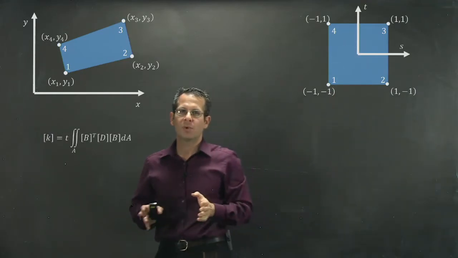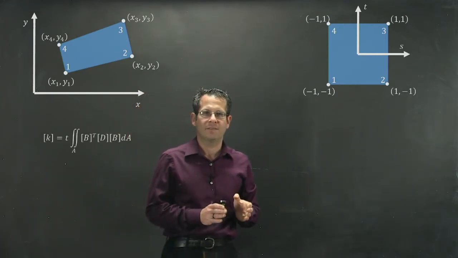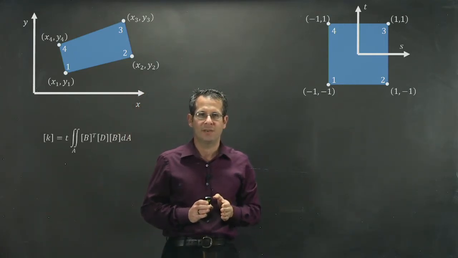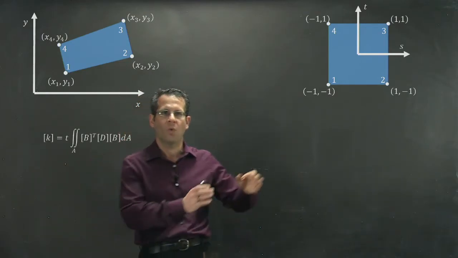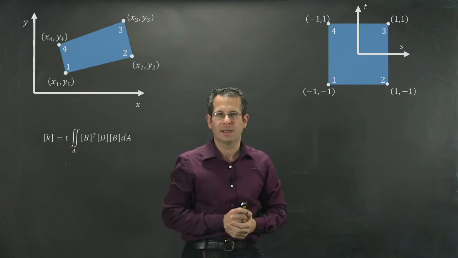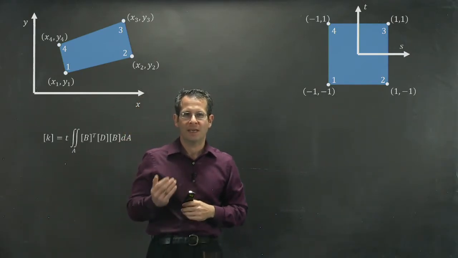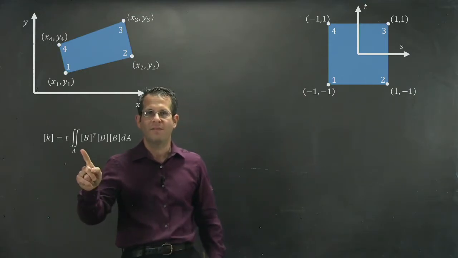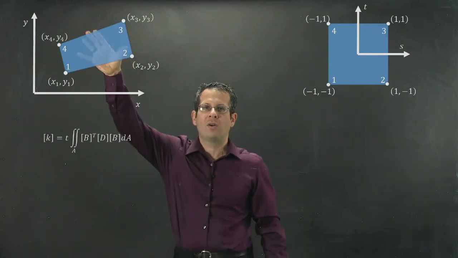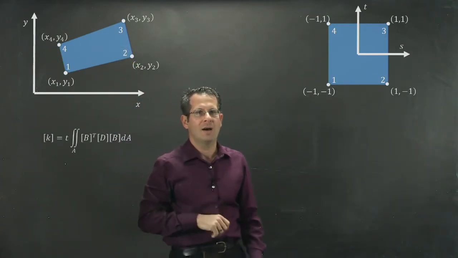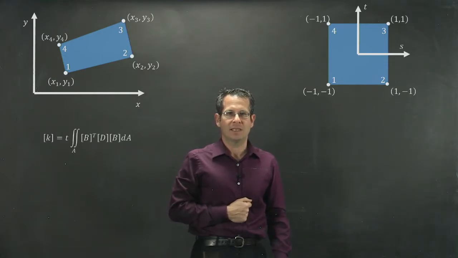We did this because we wanted to find a standardized way of deriving our stiffness matrix, our local stiffness matrix, which we can derive either in XY space or ST space. Our form in XY space is complicated by the fact that we need to derive the B matrix in a slightly different way depending on all the various orientations we could have a quadrilateral element existing in XY space, and